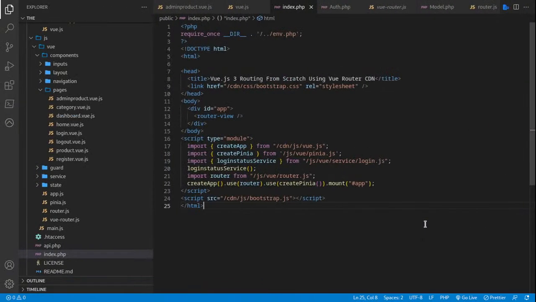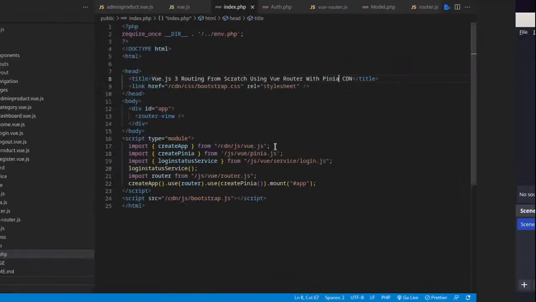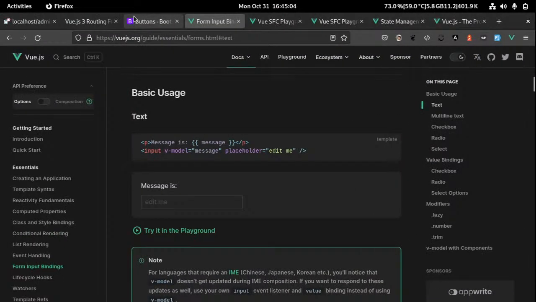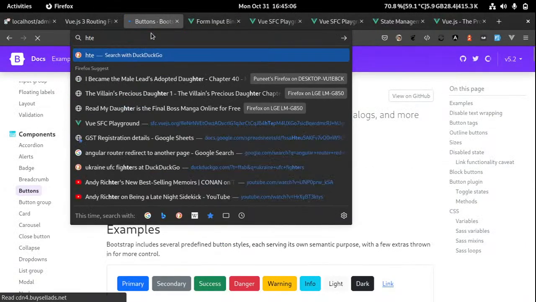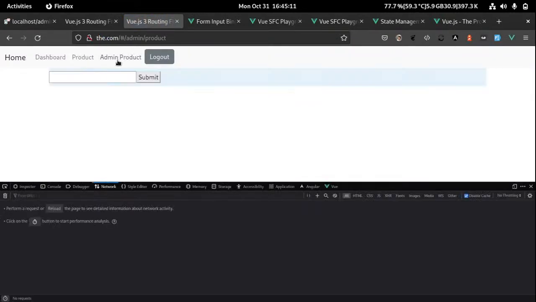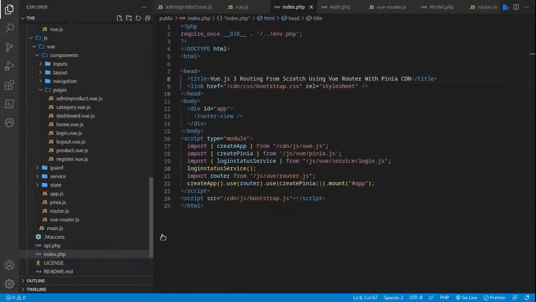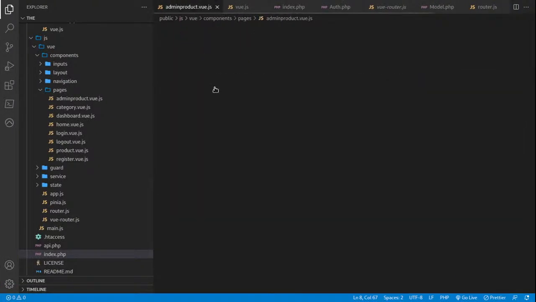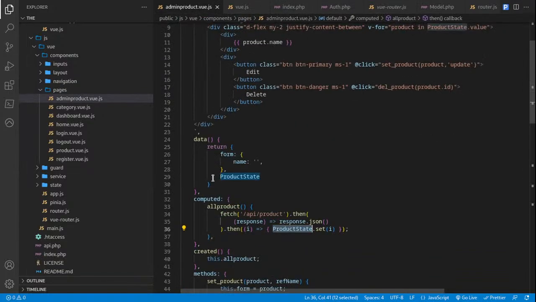Okay, so this is Vue routing from scratch. We're using CDN with Pinia. Right now, this project is kind of working. Kind of working means it just works, but not the way it's actually intended. I will say that because I changed something from here first of all,